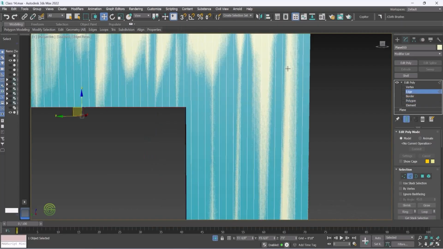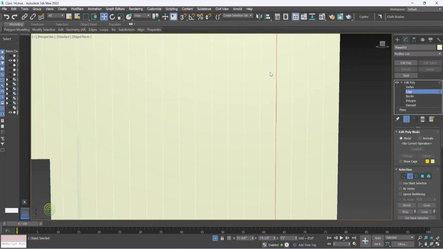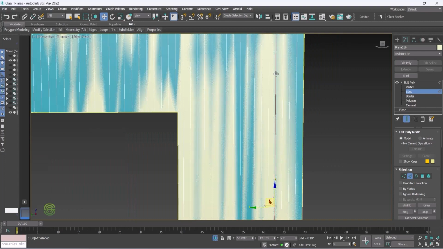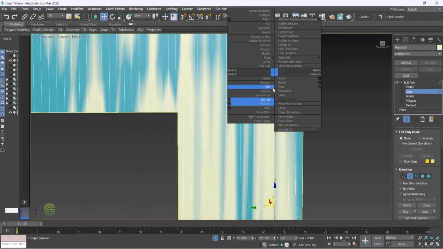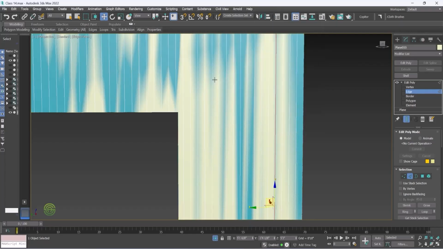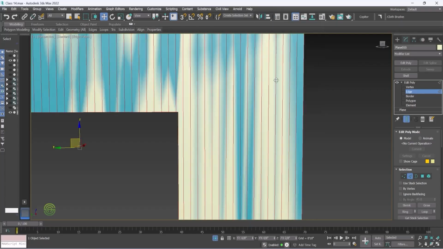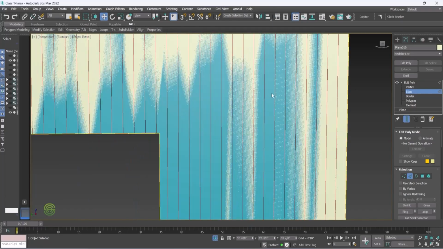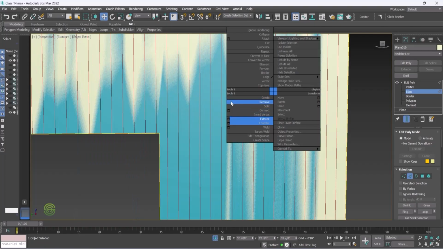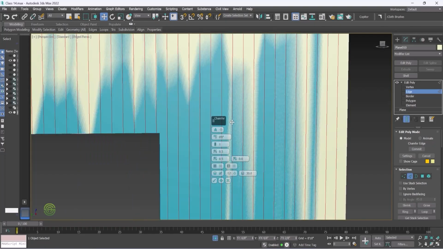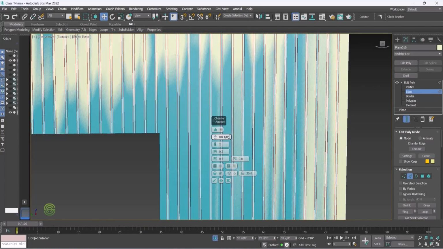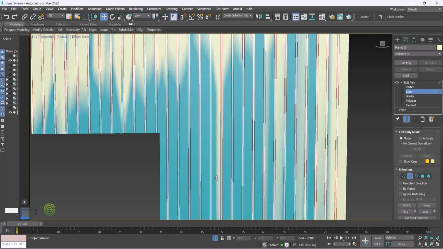Now click on edge and give a right click. Just press Ctrl A to select all the edges. Now give a right click and click on chamfer. Give the amount to increase it. Now give a tick option and